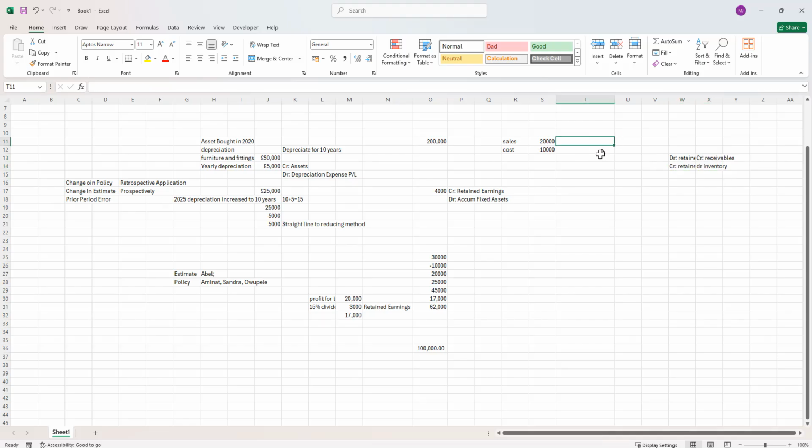You remember when you sell, you credit sales and debit receivables, right? Then when you do cost of sales, you debit cost of sales, and you credit inventory, right? So because they returned the goods to us and they don't want them again, and we've closed our books for the year in P and L,